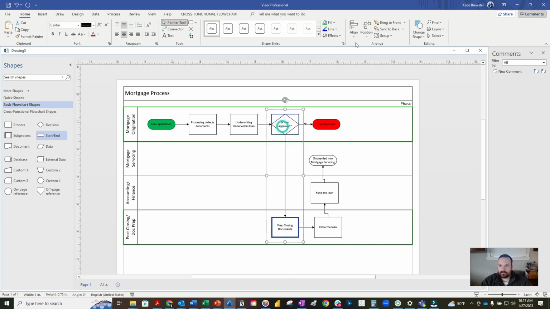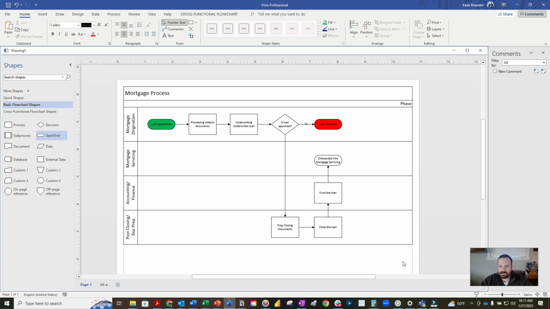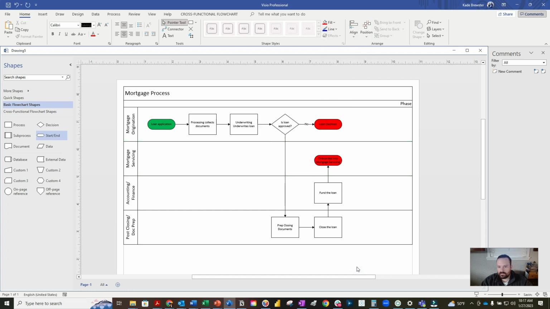Same thing here. If I'm in vertical, I can say align center. And then I can do the same thing here and go align center. And now my process map is evenly spaced. The lines are all clean. I needed to highlight this red. I forgot to do that. But now we've got this nice little clean process map that